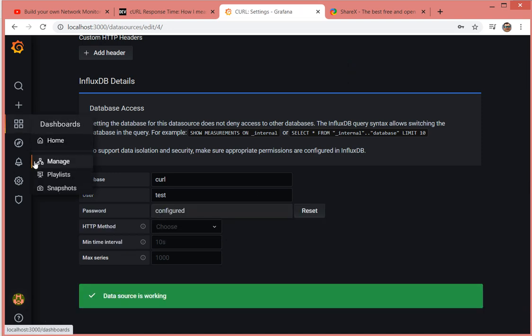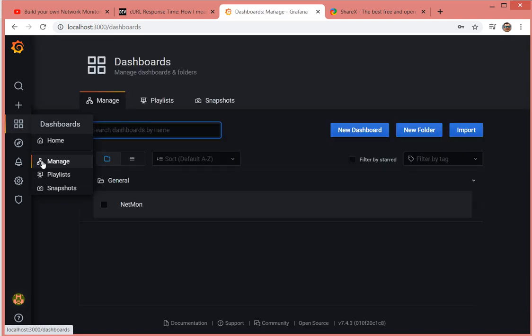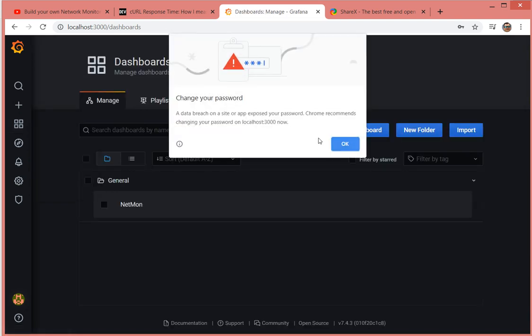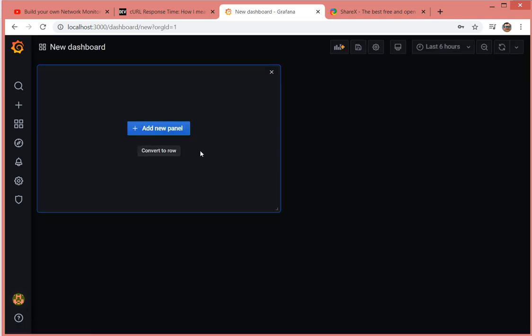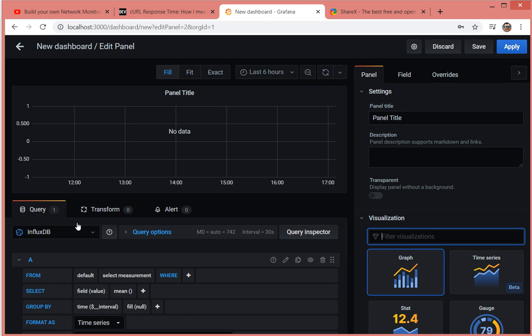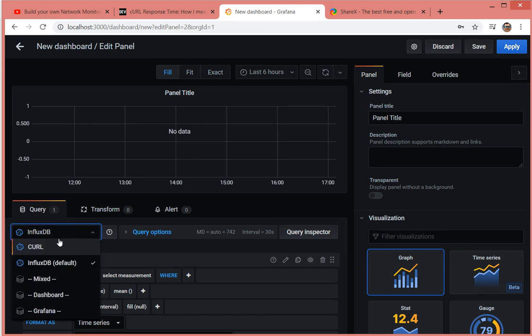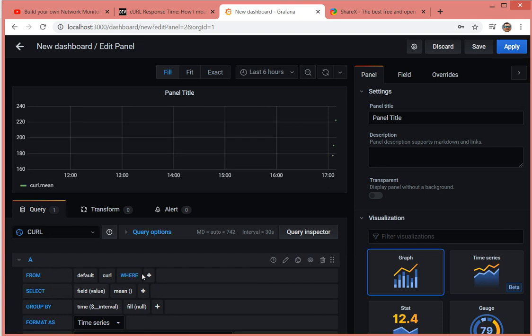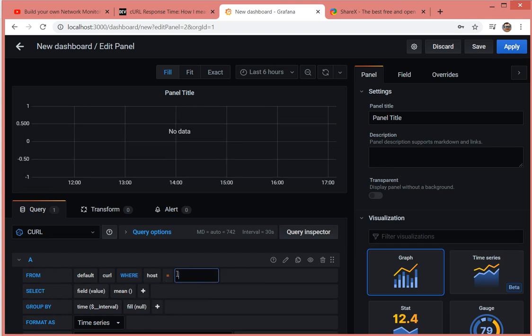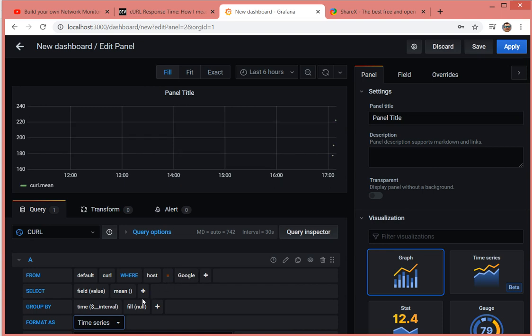Let's go to the dashboard. We have the previously created one for the netmon. Let's go ahead and create a new dashboard, and this is going to be add a new panel. In this case, let's change the InfluxDB for curl. Let's change the measurement as curl, where host equals Google, and in the field, let's go ahead and do